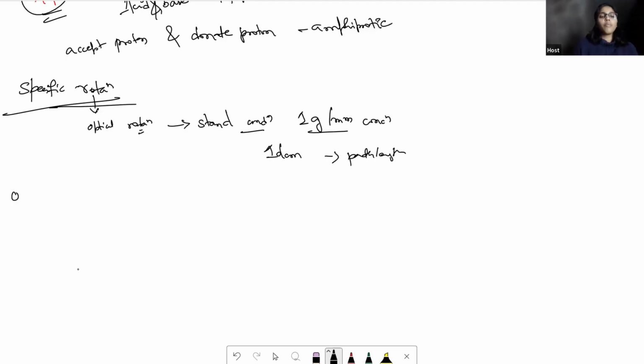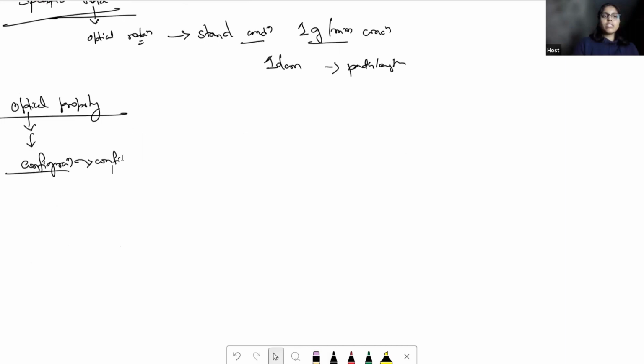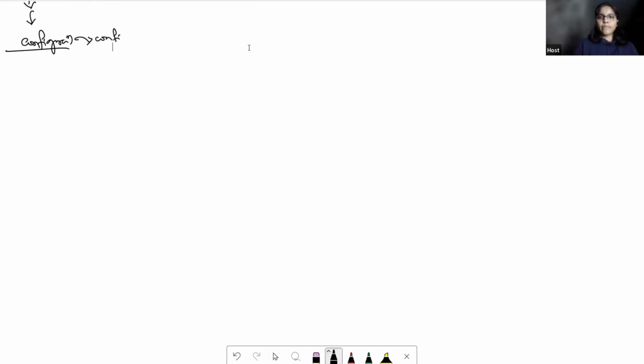As we are discussing the optical property, one important thing is, how do we decide the structure of the amino acid? We are talking about the optical property, but what about the configuration of the amino acid? Is there any way that we can find out the configuration of amino acids? So amino acids, except glycine,